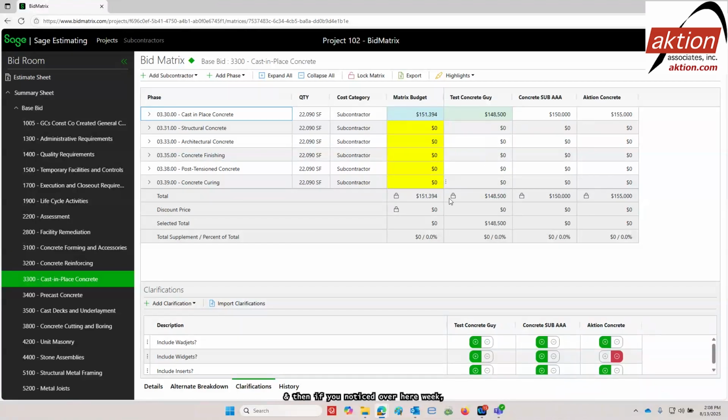And if you noticed over here, you can create your own clarifications. By doing so, you just have a flip switch over here going from one side to the other, green meaning it's included, red meaning it is excluded. Very simple, but it helps to determine what different subs are including, and you can make adjustments to certain things as well. At the bottom of the screen, we show you the clarifications, but also there's the details button